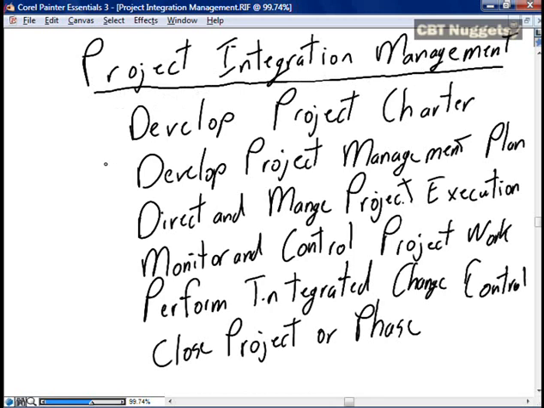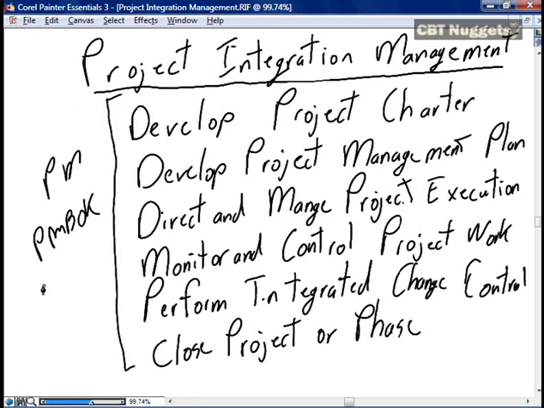But as I said in the beginning of this nugget, I believe project integration management embodies and defines project management in general, consolidates what the PMBOK is all about, and therefore provides an excellent summary as you do your final preparation leading up to your PMP. Project integration management is all about getting the project started right. Developing the project charter is initiating.